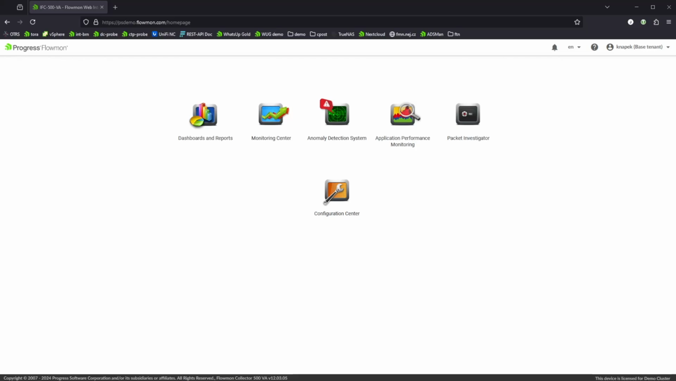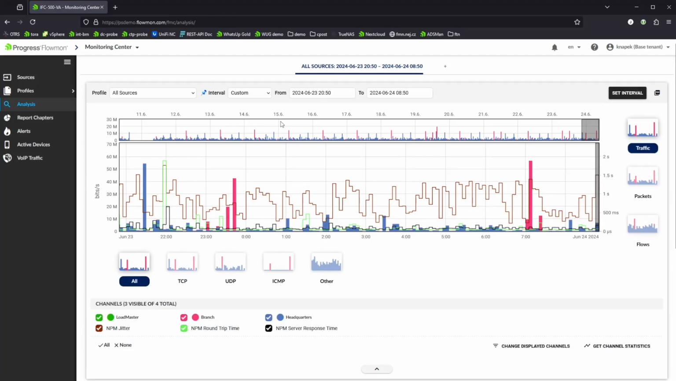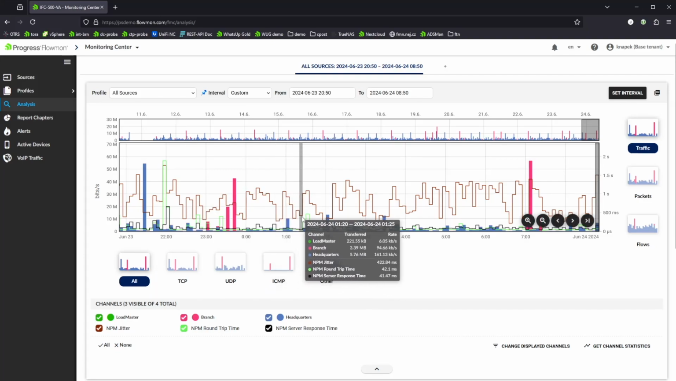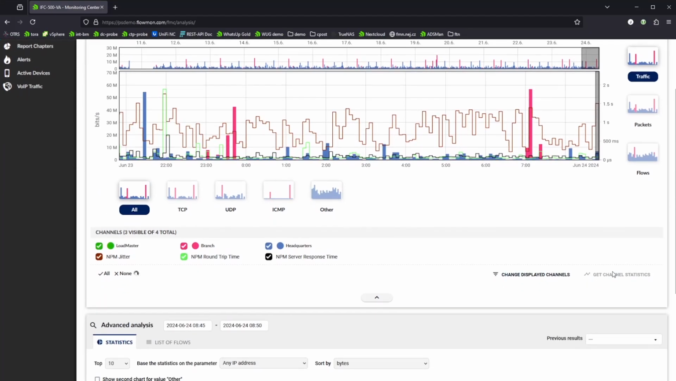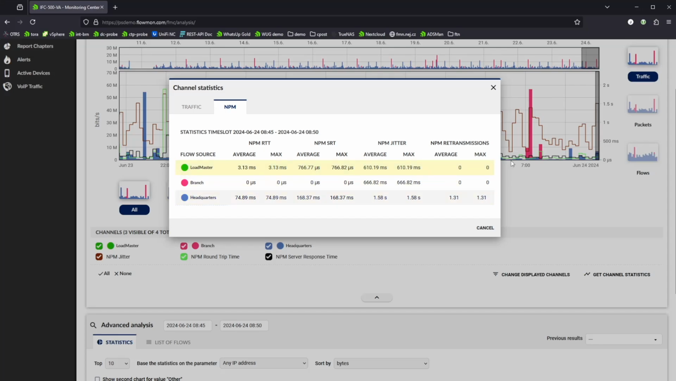When we were working with the profile, you can already see that, but what is the difference when you are using our full moon probes is that we measure for all the TCP communication and UDP as well, the jitter, round trip time, and server response time. So you can observe it here in the top of the chart: NPM round trip time, server response time, jitter. You can also, when you do channel statistics, see this NPM statistics for overall